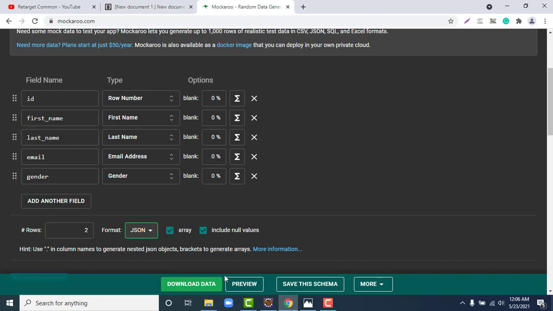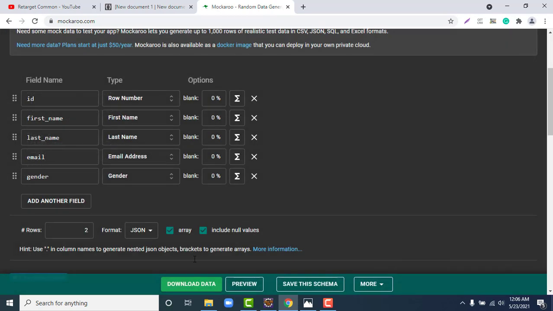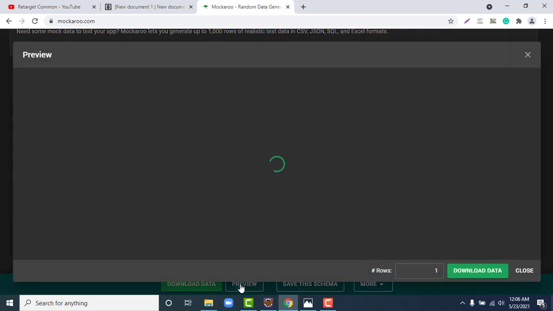So let me click on preview and you can see it generated one JSON array for us. If I put the row count as 1 and click on preview, we can see it gave only one JSON object within that array.